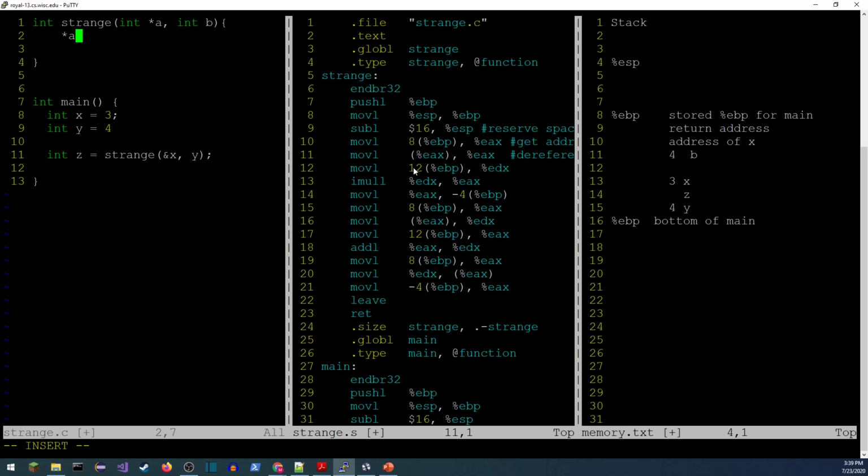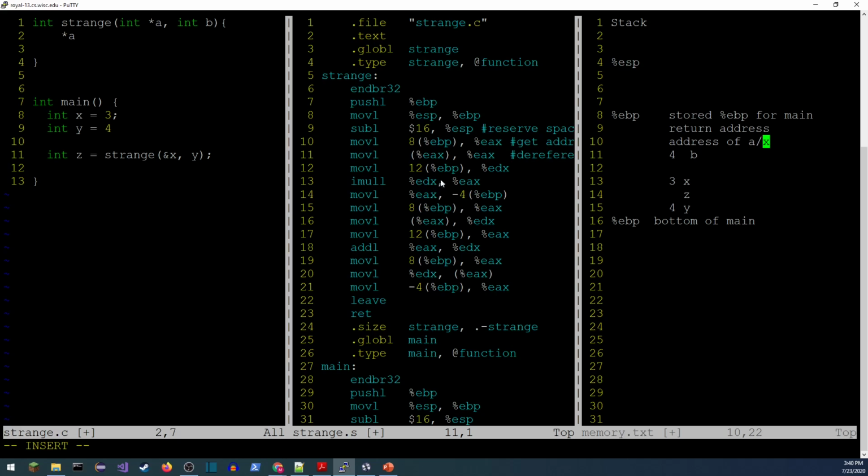All right, next thing we do, we go 12 above the stack pointer. So there's return address, 4, 8, 12. That's going to be the number 4, or also known as the variable B. My comment right there, I wrote it as X. I called it A in the function. Just a quick note.